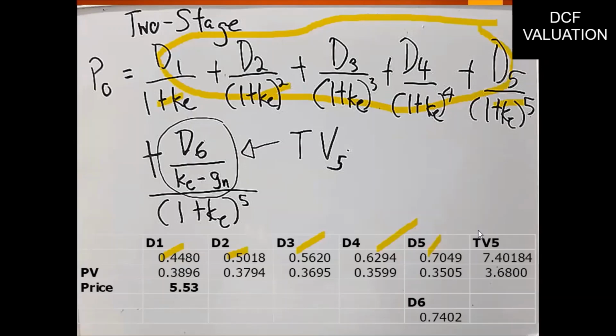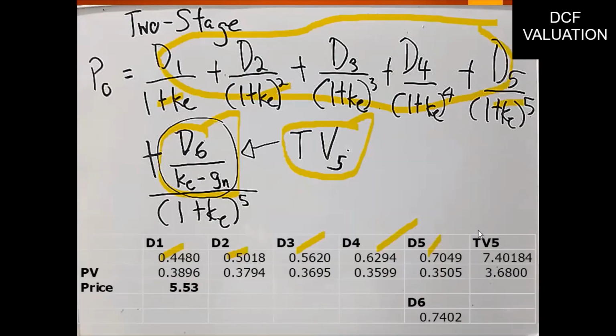What then is the terminal value representing all cash flows beyond year 5? We apply the constant growth formula. So this is D6 divided by the cost of equity minus the constant growth rate of 5%. But remember that this represents the terminal value at year 5. Why? Because the constant growth formula uses the expected dividend. So if we're looking at time 5, the expected dividend is dividend 6.